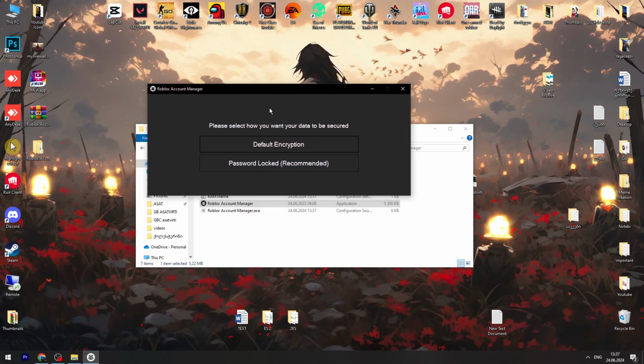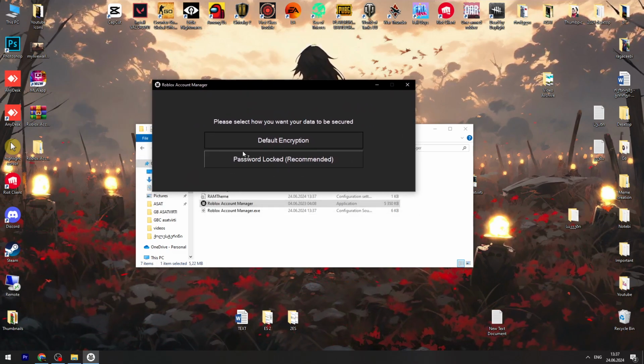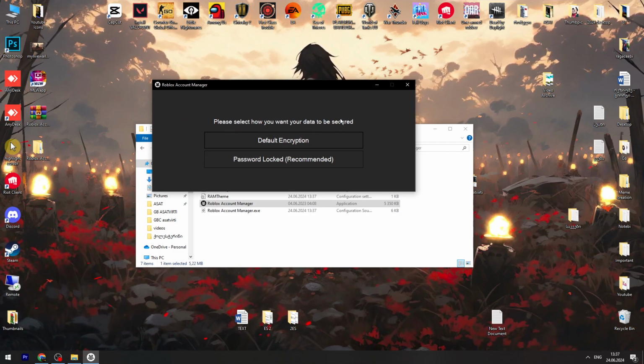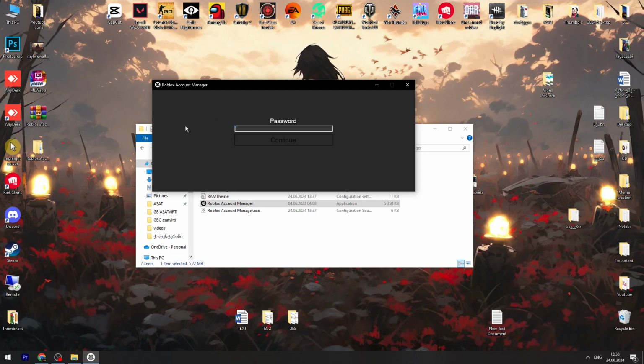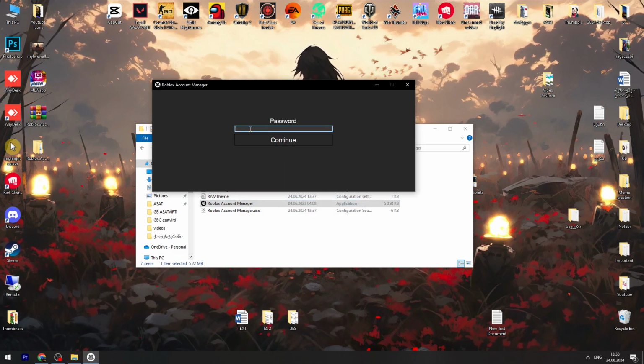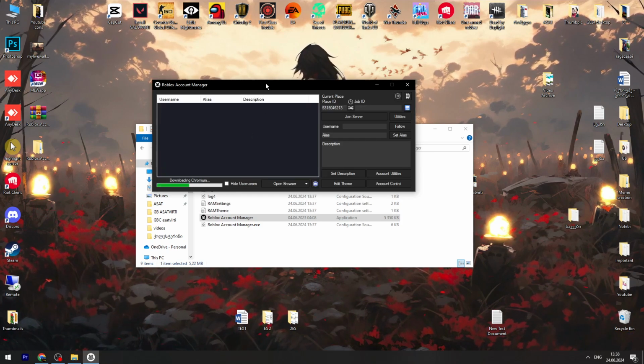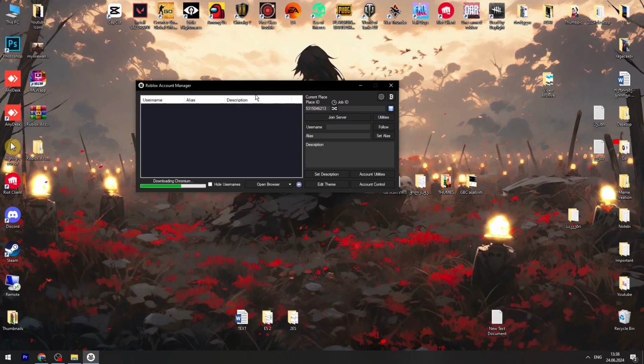Right guys, this kind of page will appear on your screen. First of all, you need to select how you want your data to be secured, and they recommend us to use a password. So let's click password locked and enter the password. Then click continue and we need to confirm the password and click the continue button again. Then we need to give it a minute to finish this download process right here, and then we can start using this